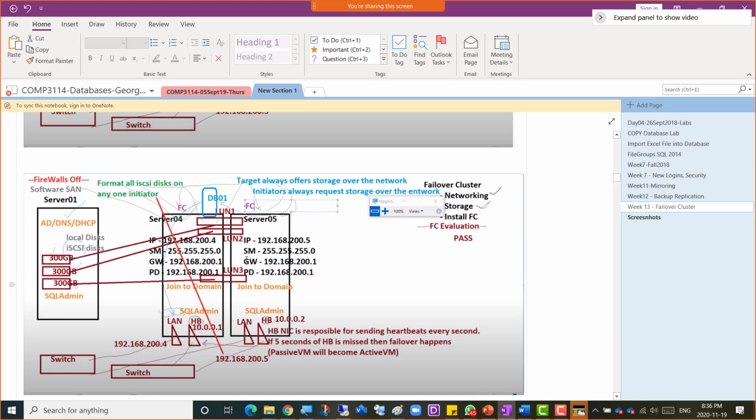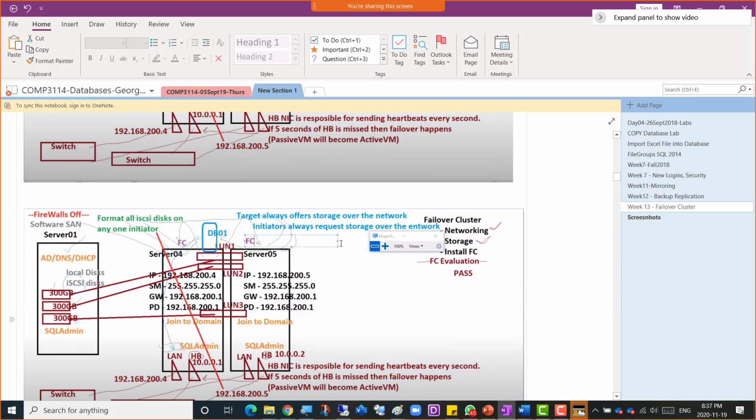And to achieve that, we need to have a software SAN installed as well. I'm going to explain as we configure the whole thing what the software SAN is going to do. Basically, that's the main service that's going to help us keep the SQL instance accessible from whichever server survived after